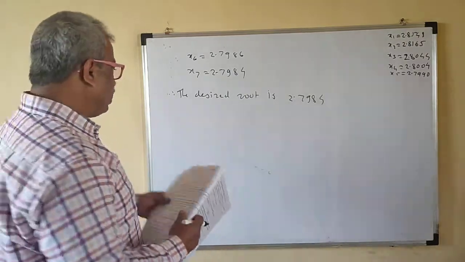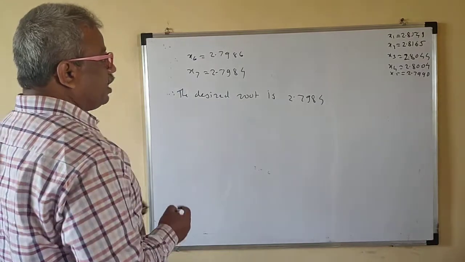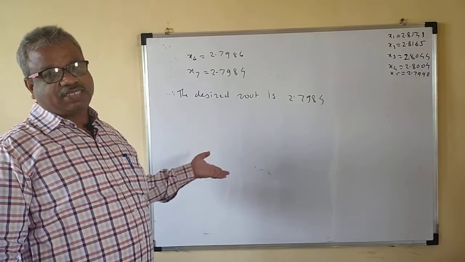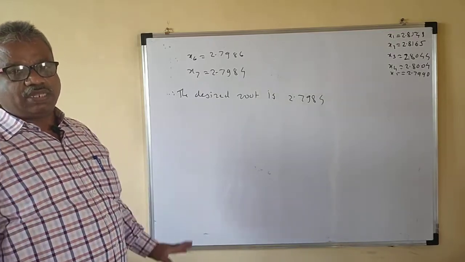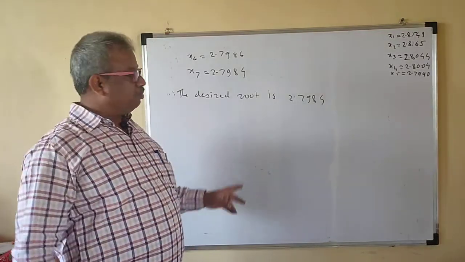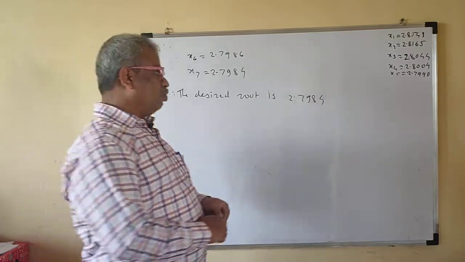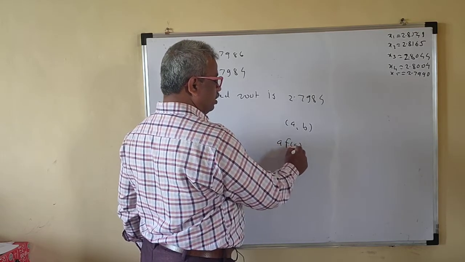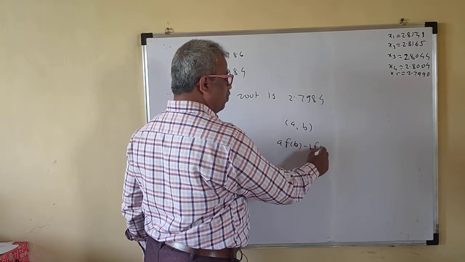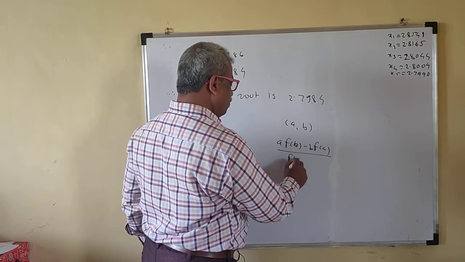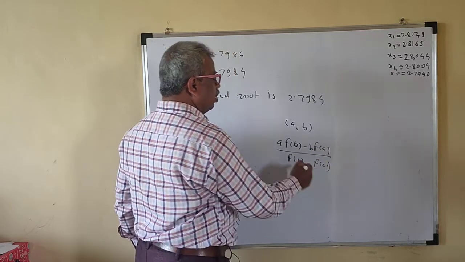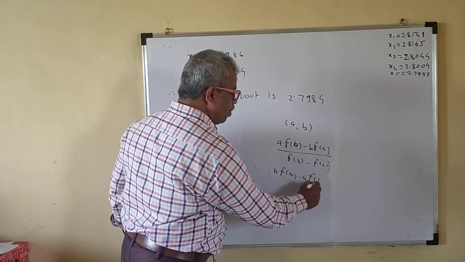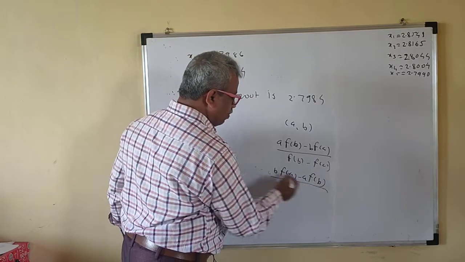So I hope that you understand how to apply this regula falsi method. This is just the same as the bisection method. But the bisection method is very easy; you have to take the mean. But here you have to use the formula. So if your root lies in A and B, you write x is equal to B minus B f of A upon f of B minus f of A. Or you can write this as B into f of A minus A into f of B,